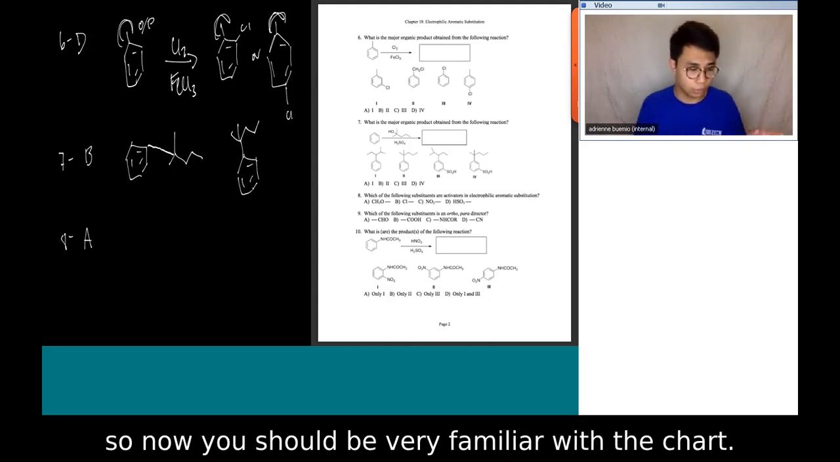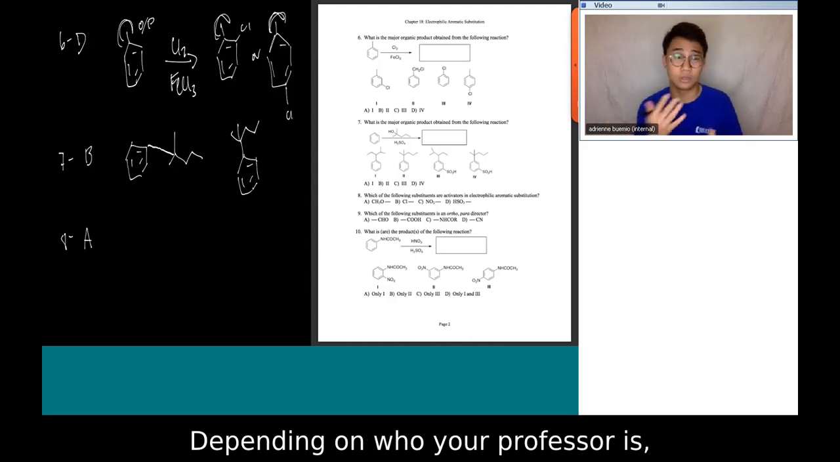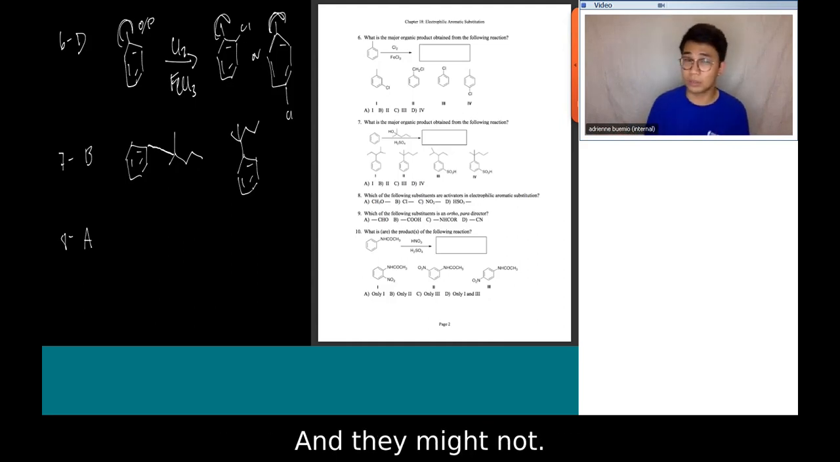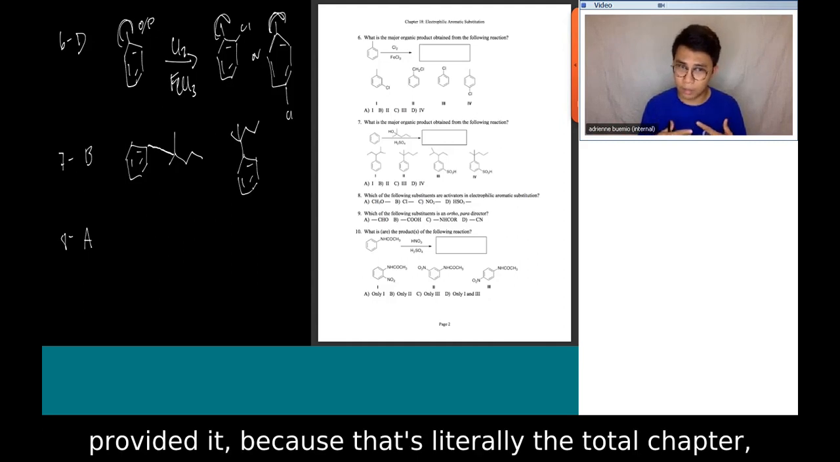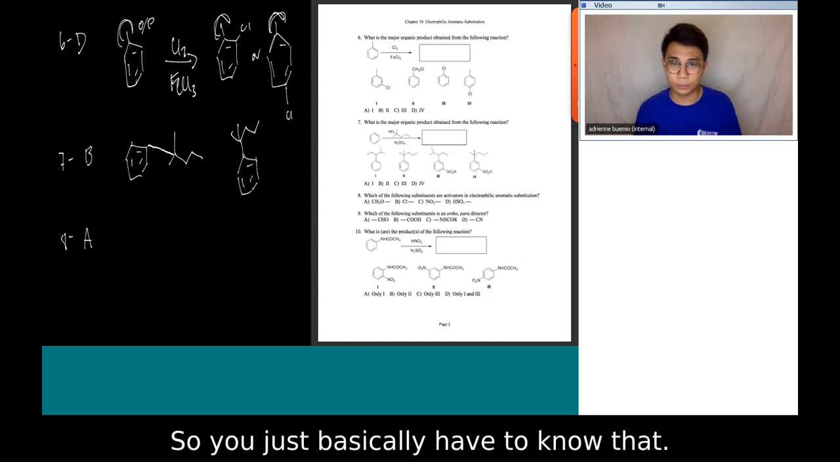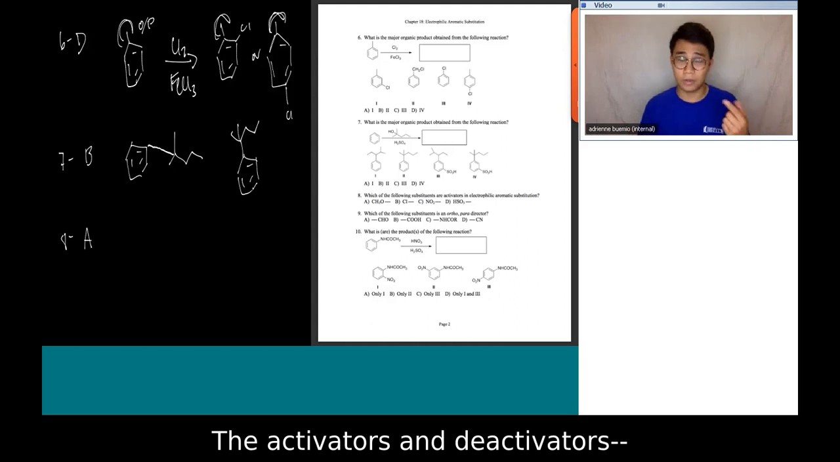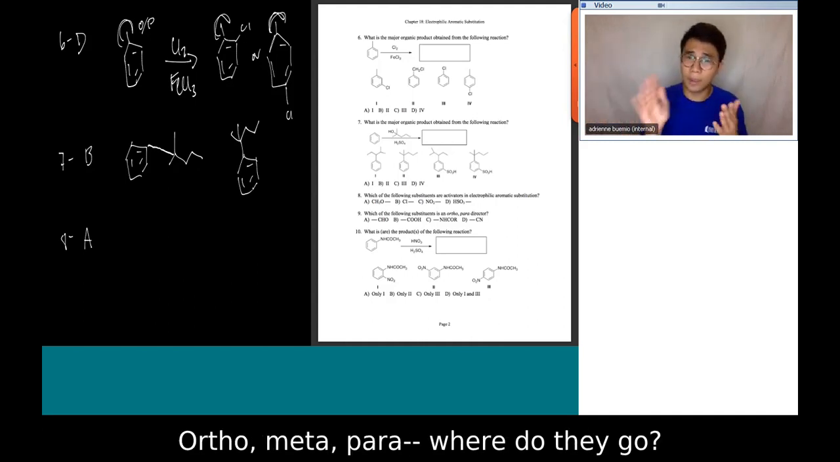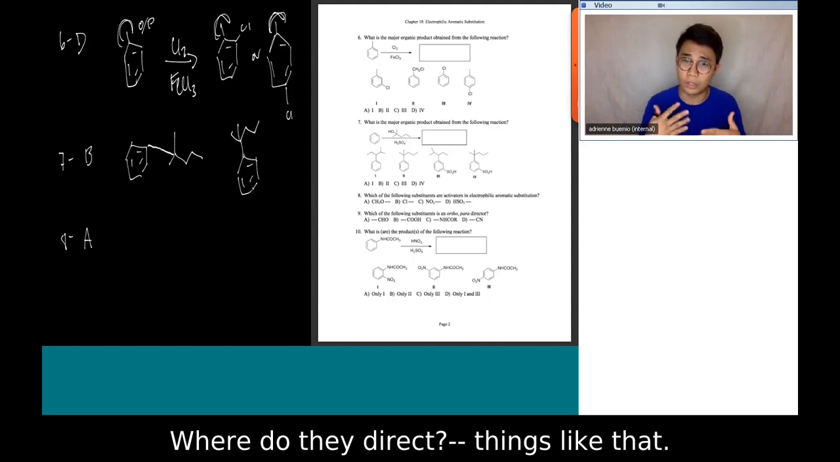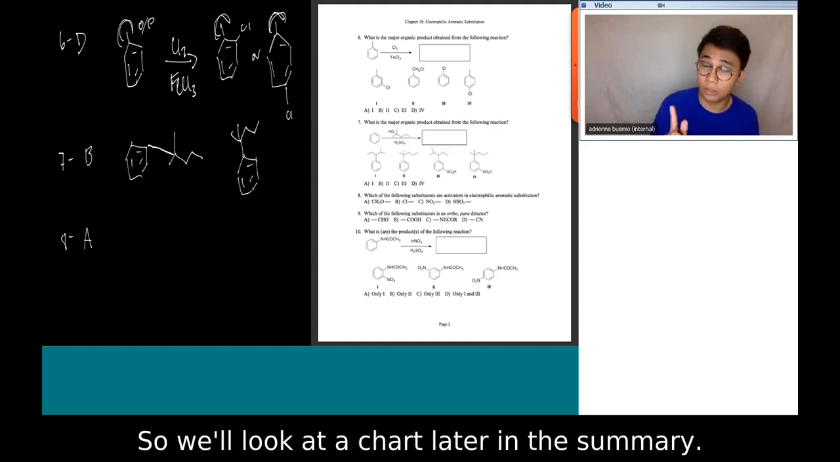Again, you guys should be very familiar with the chart. Depending on who your professor is, they might provide it to you and they might not. From my experience, they have not provided it, because that's literally the whole chapter, which is the chart, right? So you just basically have to know the activators and deactivators, which ones are the most prioritized, which ones are the most deactivating, what they do, ortho, meta, para, where they direct. So we'll look at the chart later